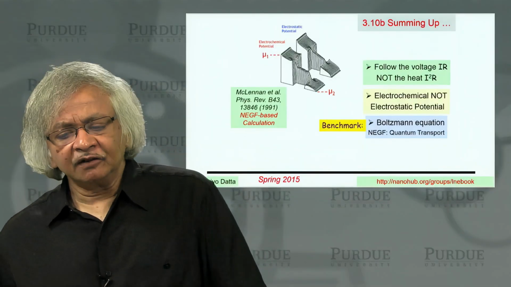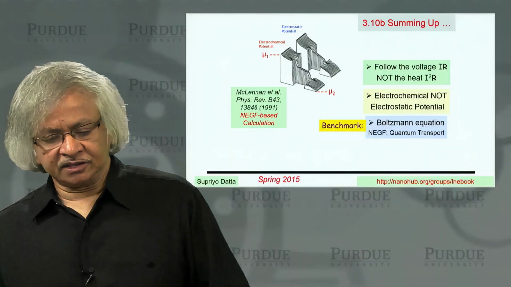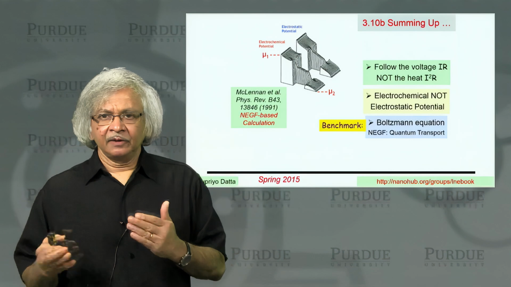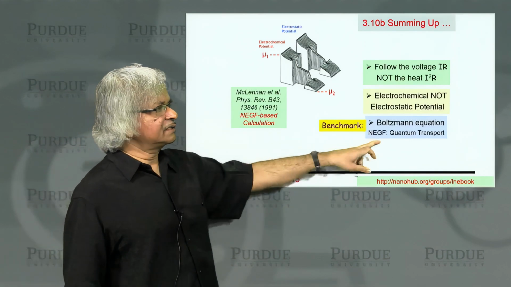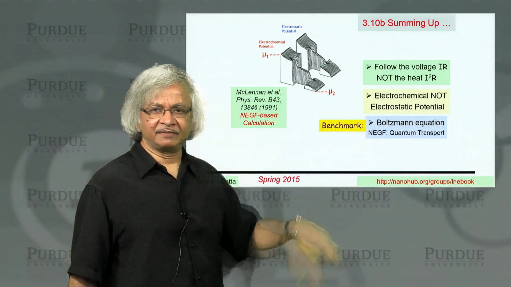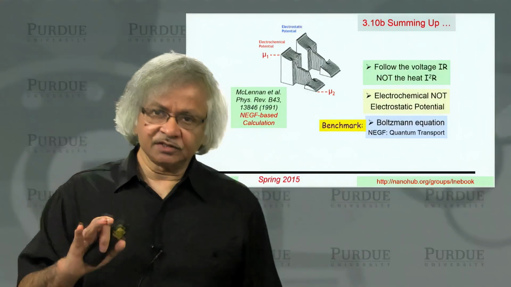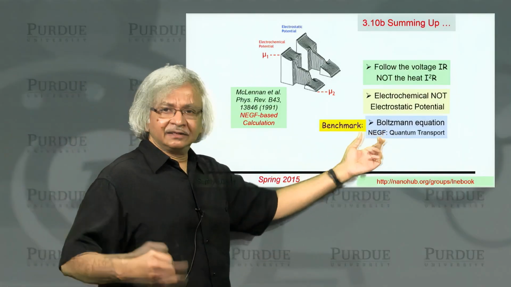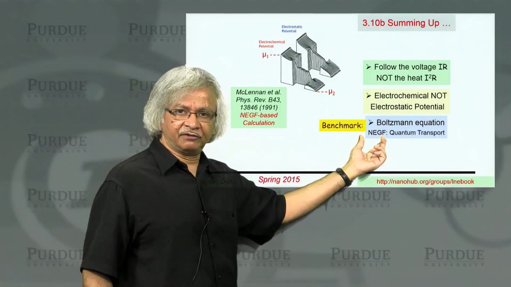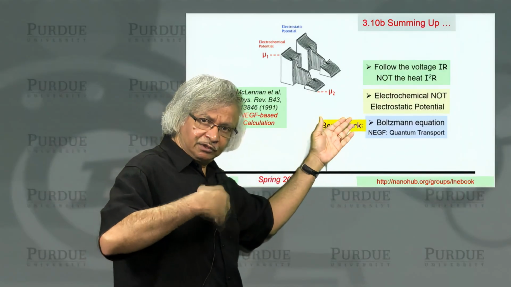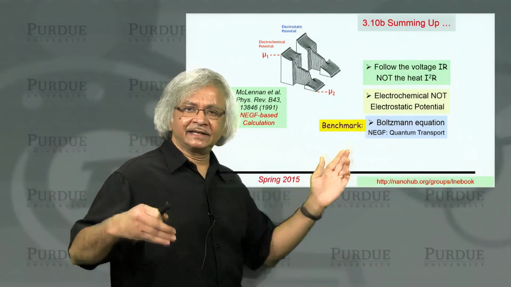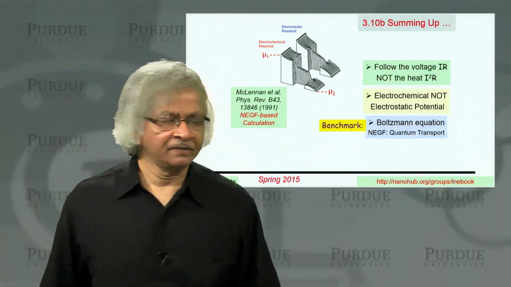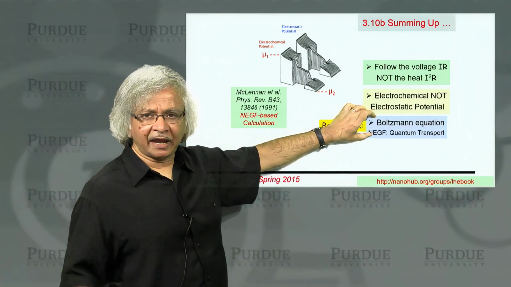Now, in terms of the actual quantitative models that we use, if you wanted to model how these potentials vary inside a device, you'd use something like the Boltzmann equation for semi-classical transport, which is what this part of the course is about. Or if you are doing quantum transport, you'd use the equivalent, which is the non-equilibrium Green function, which includes the quantum mechanics. And that's the second course that comes after this, where we go into the quantum models. So these are what you might use to actually get